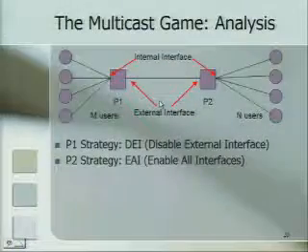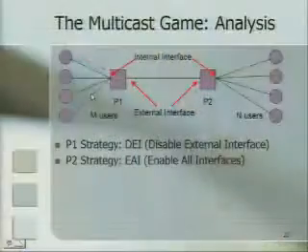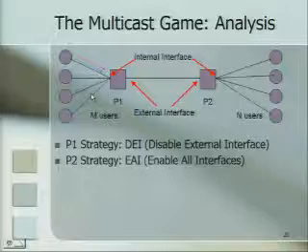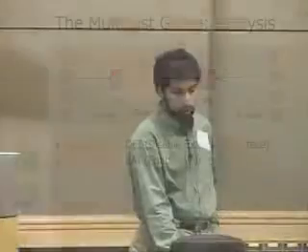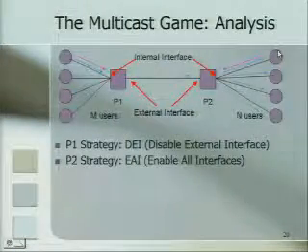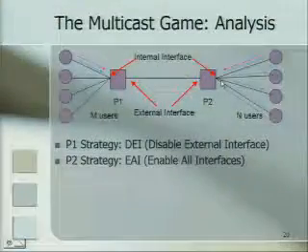Let's look at the other strategy, where P1 disables the external interface. What happens is that it will send the traffic there, it gets multicast back to all these users, and then it has to send an extra packet to the other router to reach this destination, and then this user will multicast it back.